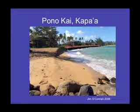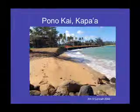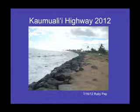So here's a local example of a seawall with a loss of beach in Kapa'a, Ponokai. And then nearby, we have Kaumuali'i Highway, which I know many of us have been talking about and observing. I've seen some dramatic photos where the water's washing over the revetment. This is a really interesting case, and I'm no expert, but I've been talking to my colleagues in Sea Grant and at UH a lot about this. We've had countless meetings because there is a DOT project going on up here that I'll get to in a second. But the revetment was placed in 1982